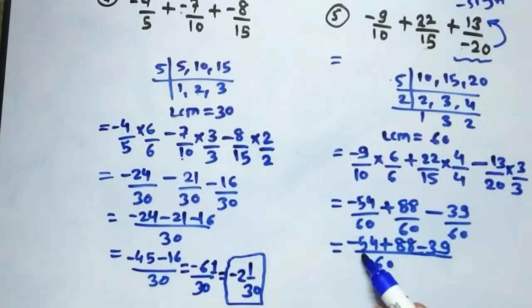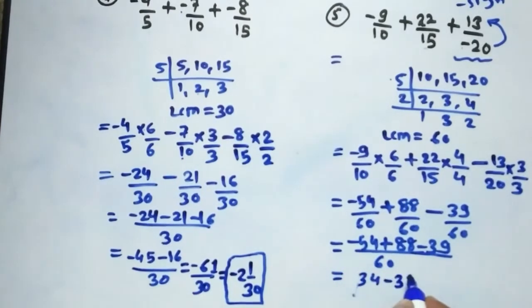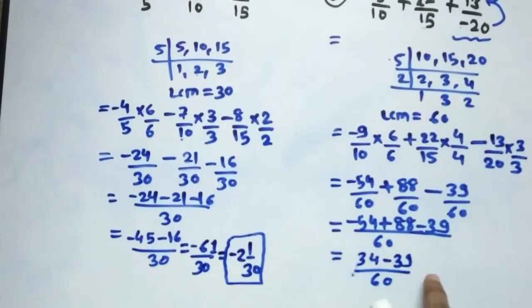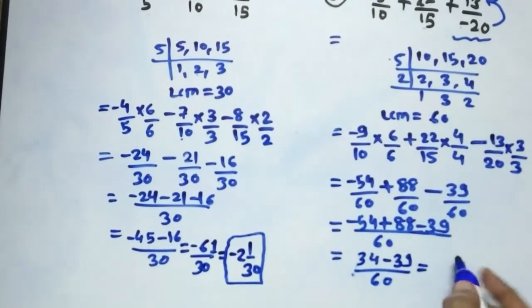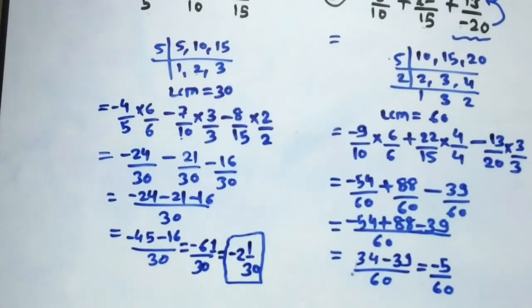Starting from the left hand side, here first one negative integer, one positive integer, you will perform the subtraction. So remove the 54 from 88. What you will get? 34. And that is positive 34 you will get, friends, because here 88 is the bigger number. Minus 39 upon 60 you will get. Observe here, 34 minus 39. One positive integer you will remove from a negative integer. So do it. Here you will get 5, and that is minus 5, because the bigger number's sign is minus. Minus 5 by 60.